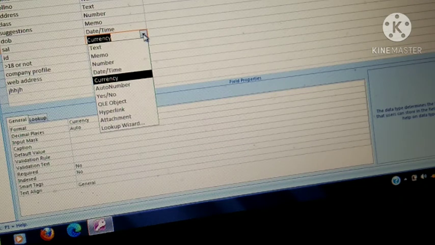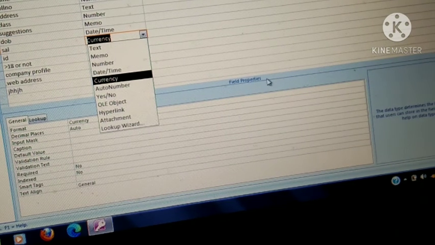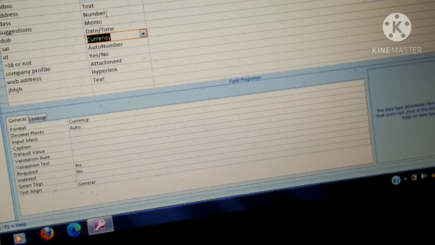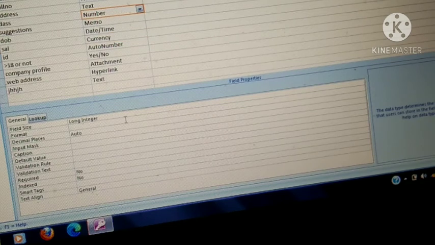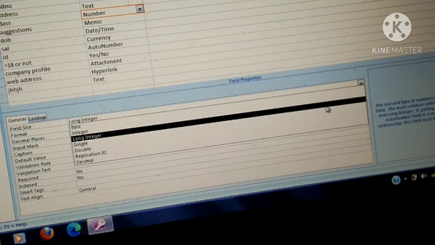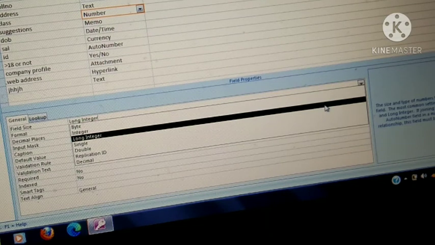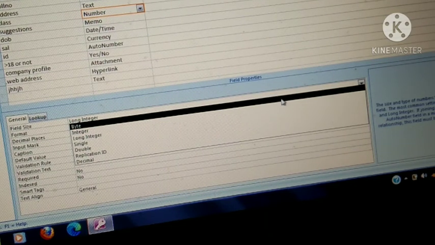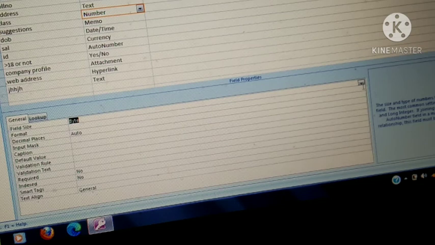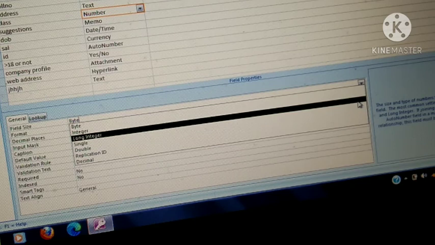Number data type: if in any particular field you want to save a number, then use the number data type. Here number also has so many formats. You will select the field, and from the bottom side you will check here, so many field sizes are there. Number has byte, integer, and so many formats. You have seen decimal number, fraction number, so many formats are here. So in number you will select any particular format. Long integer is the biggest one, byte holds little value, so here I am selecting long integer.